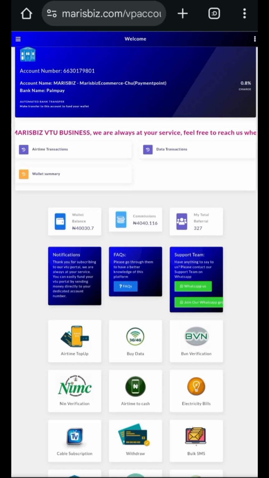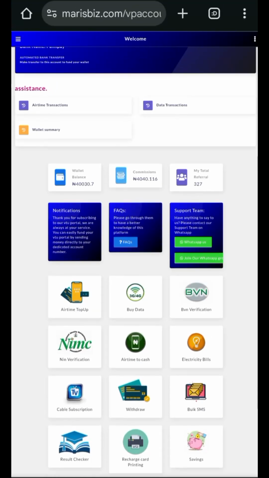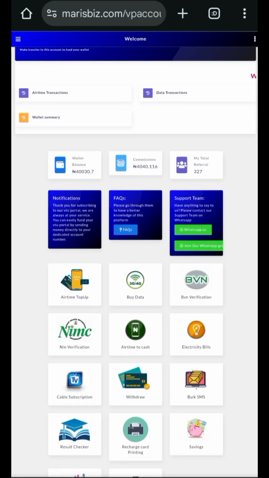All right, there are some platforms, especially all these international platforms, that don't accept NIN slip. They only accept the full proper national ID card, and that is what is called the premium ID card. So with Marisb's VTU portal, you can actually generate a premium ID card. All right, so all you need to do, go to